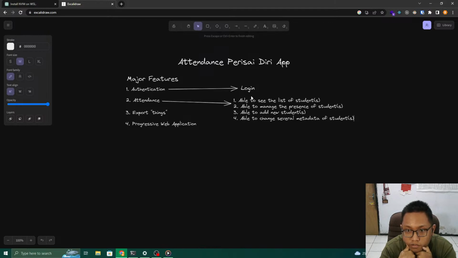Will I add more features or sub features, especially for the attendance feature? A new student, so I'm able to change the metadata of student, able to manage the expression of student, able to see the list of students, and yeah, to be honest,